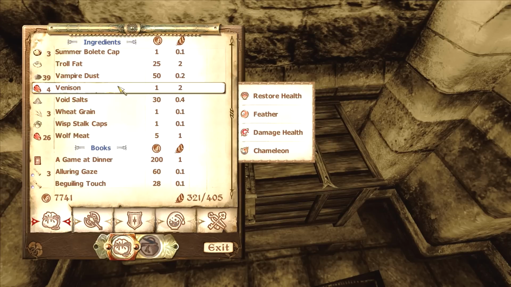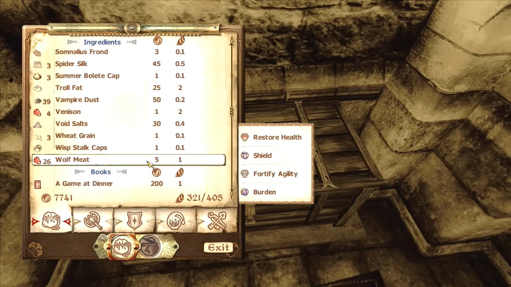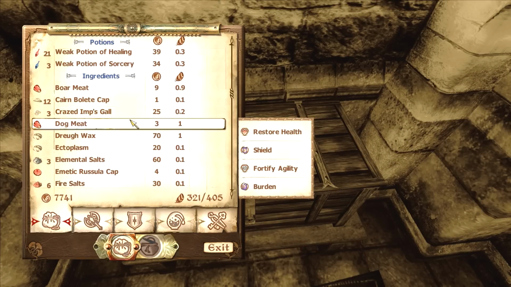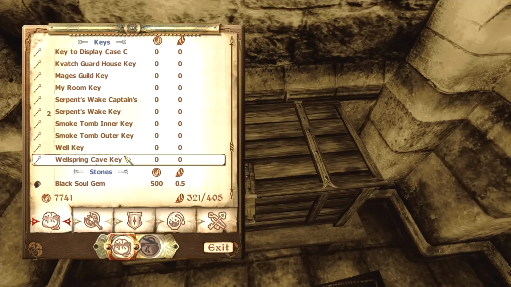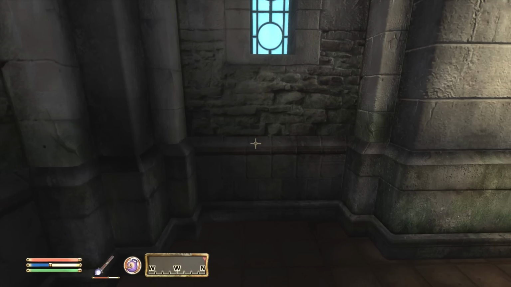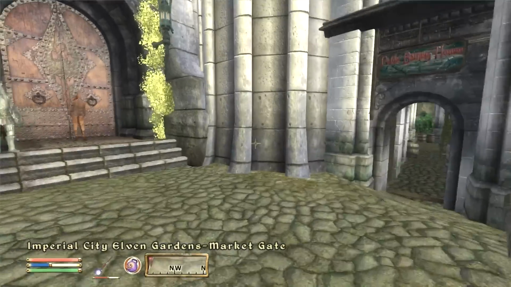Wow, I have a lot of vampire dust. Fine, whatever. Lots of wolf meat as well. Oh, yeah, that was my inventory, isn't it? I was gonna say, why have I got 26 wolf meat sat around in a chest? I could be using it for stuff. Well, anyway. Good grief, I do have a lot of crap, don't I? Never mind, we'll sell it another day. I've got more than enough carrying space now to work with. So, let's skedaddle, I guess, over to...